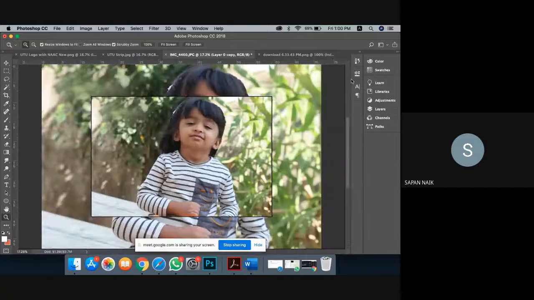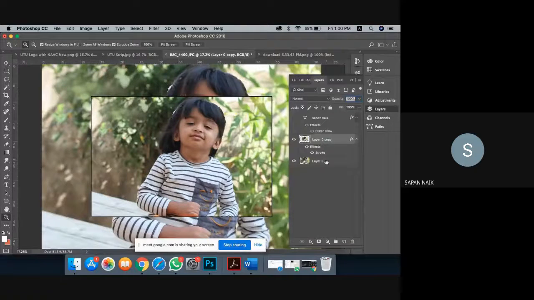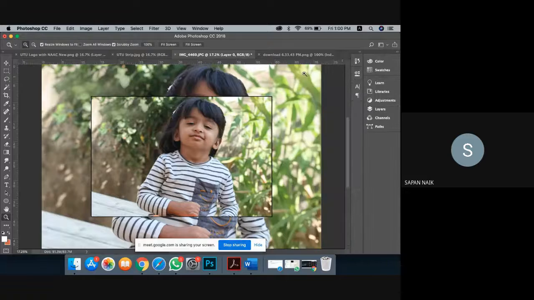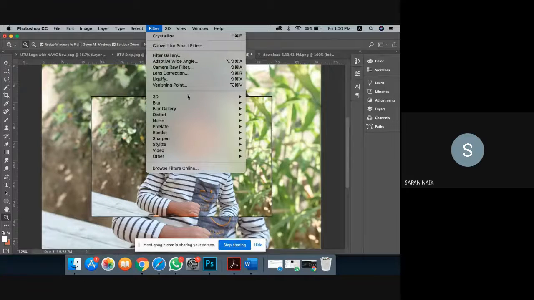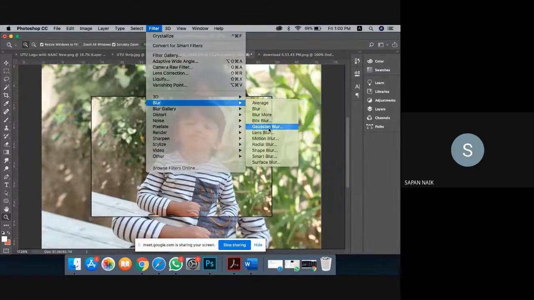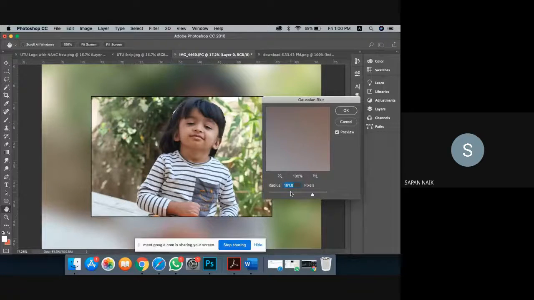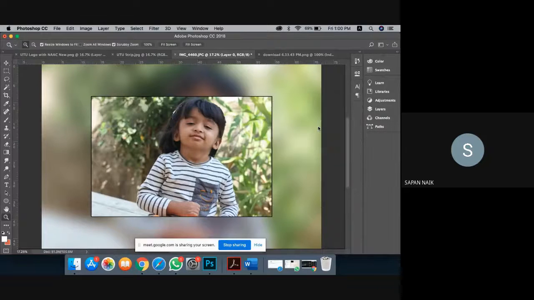Now in Instagram, you have many times seen that your background gets blurred. If you want to do that same thing here, go to Blur, go to Gaussian Blur, apply the Gaussian blur as per your wish, and now it is ready. This is what you get in Instagram normally when you make your image square, which is not actually initially square.